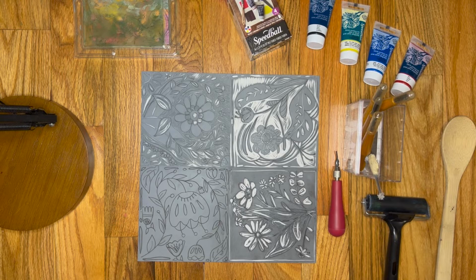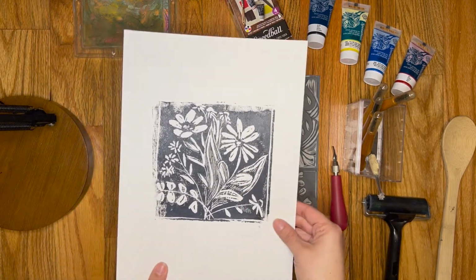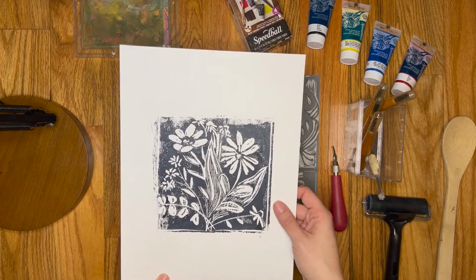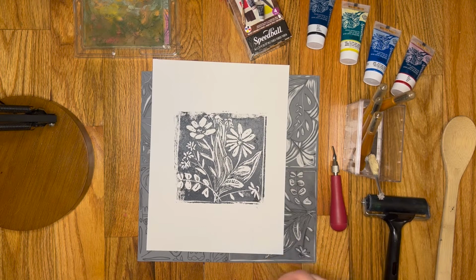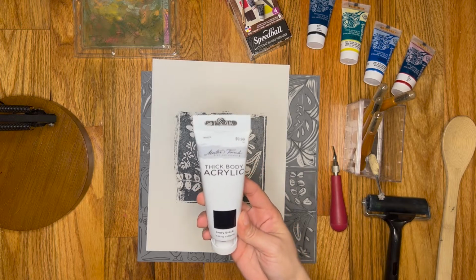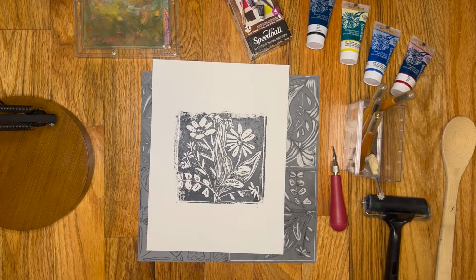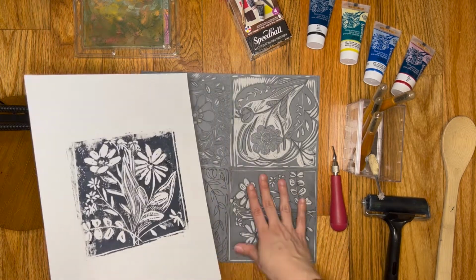All right, everyone. So I'm going to quickly do a rundown of all the materials I'm using today, and give you a quick preview of one of the prints. So this is this print here, and I made this one with black acrylic paint, heavy body. Nothing special in particular, I just use the Master Touch Hobby Lobby brand, thick body acrylic. I wouldn't recommend using acrylic for printmaking. I was just super excited to see what it looked like